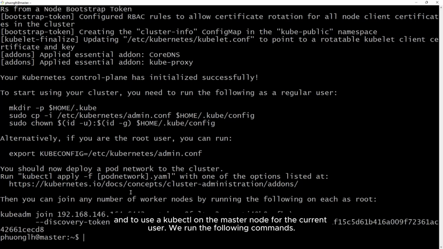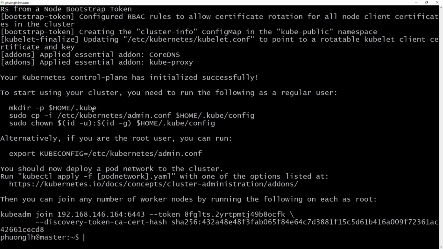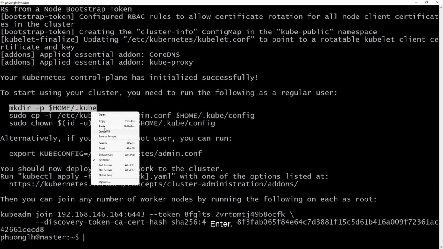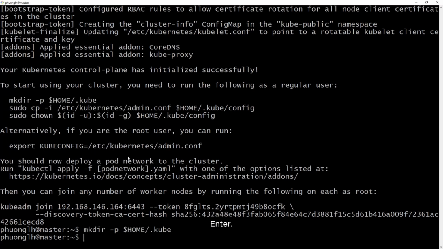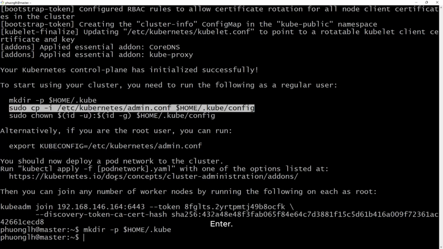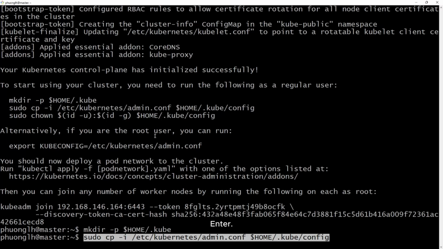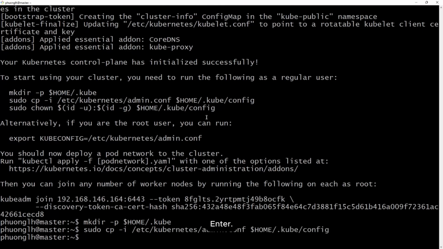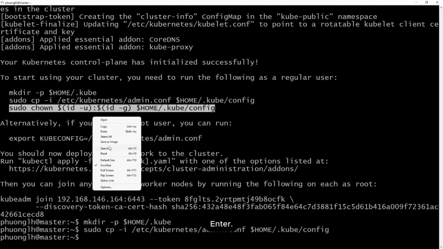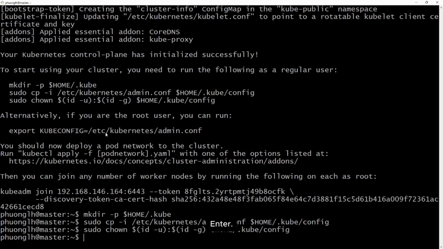We run the following commands. Enter, enter, enter. Okay.